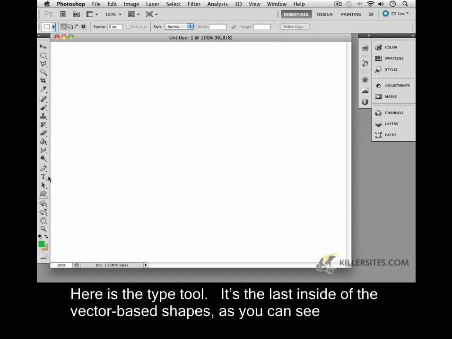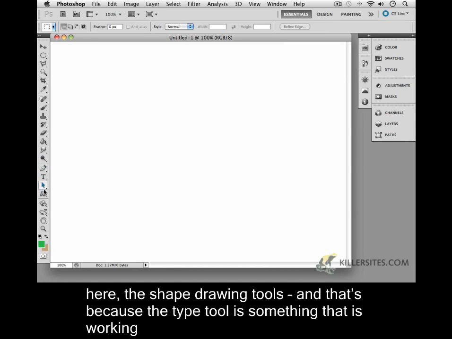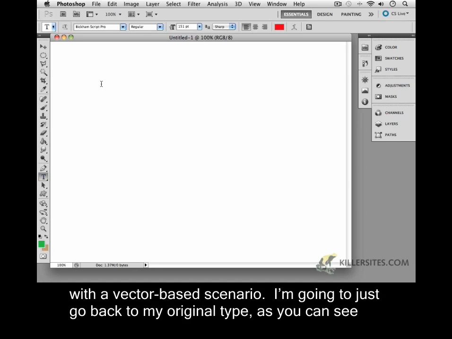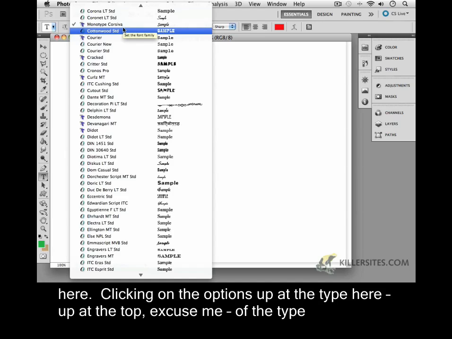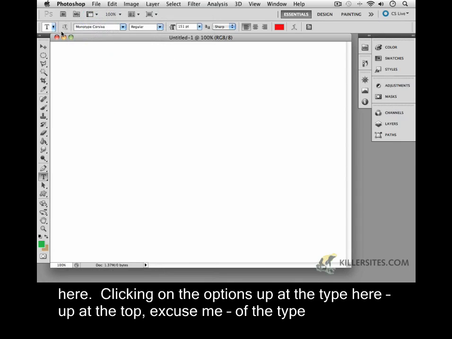So here is the Type tool. It's the last inside of the vector-based shapes, as you can see here, the shape drawing tools. And that's because the Type tool is something that is working with a vector-based scenario. Now, I'm going to just go back to my original Type, as you can see here. Clicking on the options up at the top